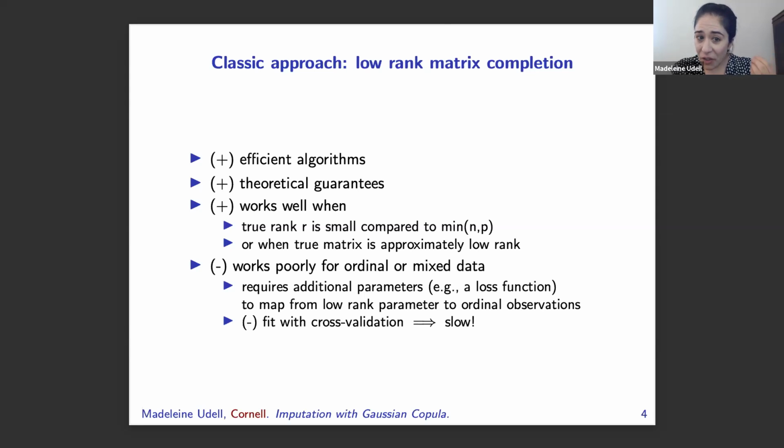But if you choose a loss function for every different column, that's a huge number of extra hyperparameters that you have to choose. So if you're picking these by cross-validation, right, then you're fitting a lot of models. And even if your method for fitting low-rank models is really fast, your overall routine is really slow because you've got a lot of hyperparameters to cross-validate over for these losses. And you've got the rank, which is an important hyperparameter to prevent overfitting in a low-rank model.